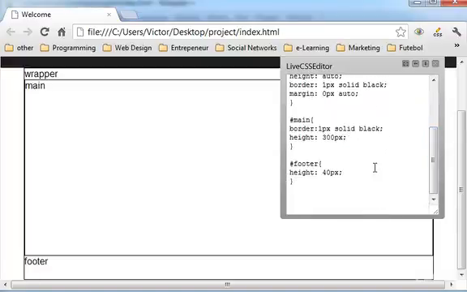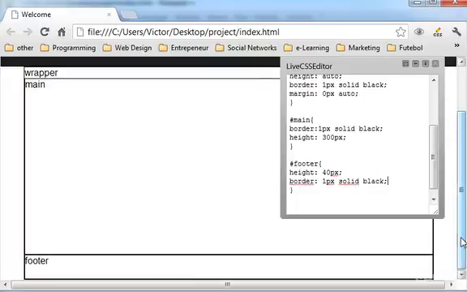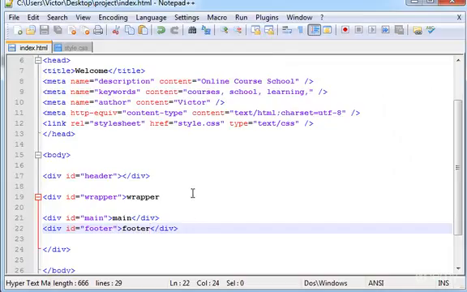Now here in the footer I also want to give a border, one pixel solid black. Okay, and let's go back to Notepad++, and in the footer